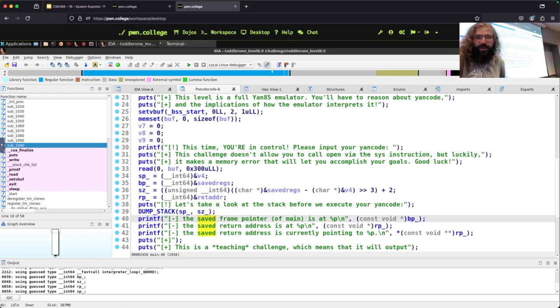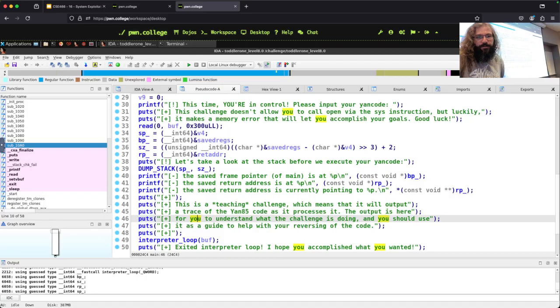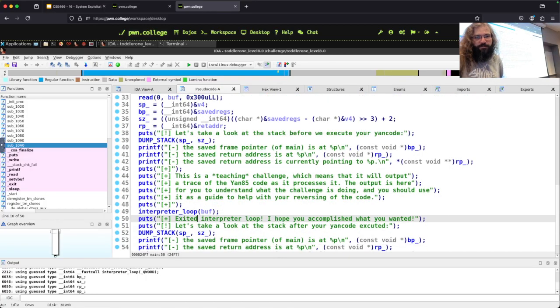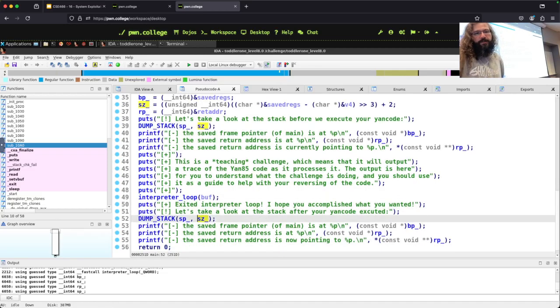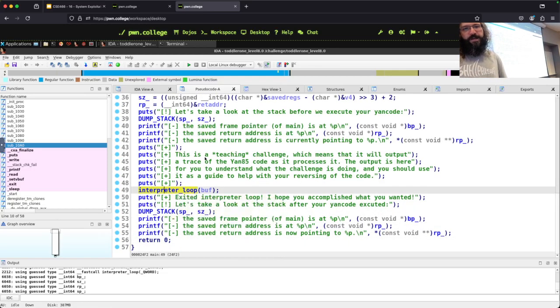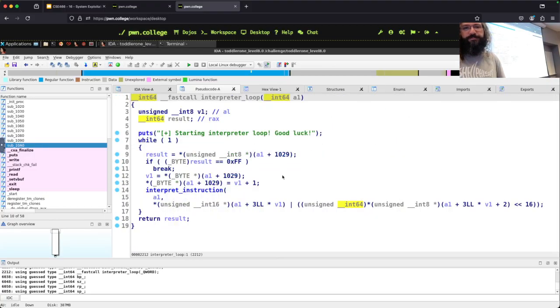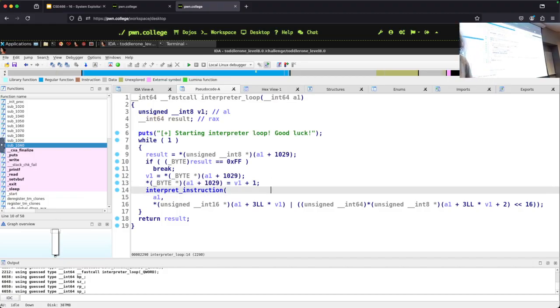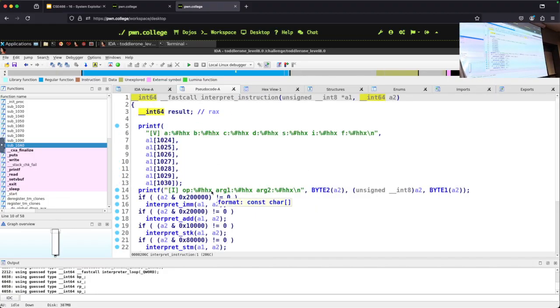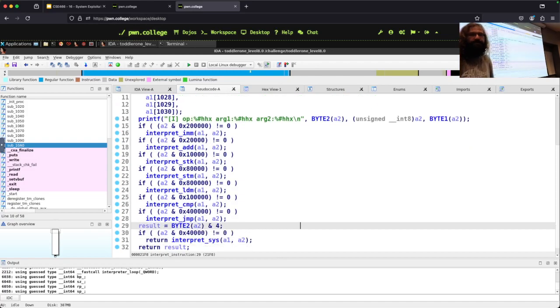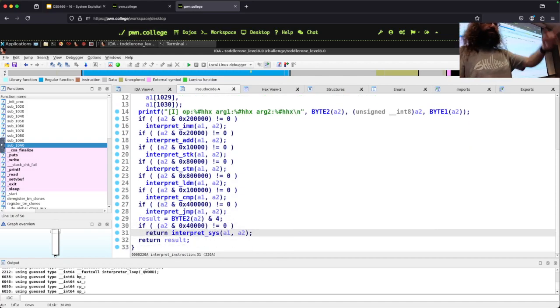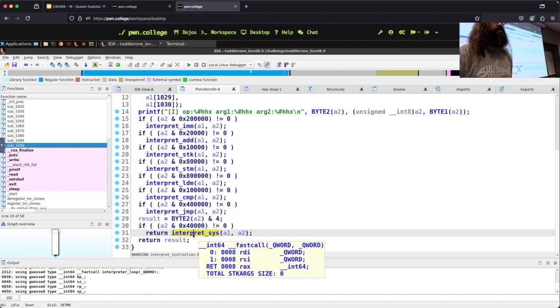All right. Is there anything else here that looks interesting? Okay. We've seen interpreter loops, so we can go in there. It's interesting that that still prints out the stack. We'll go with it. So we have interpreter loop, which calls interpret instruction. We've probably seen this already from baby rev. All right. We're interested in, to circle back, can I make Yan85 do a syscall that is not what it intends, right?